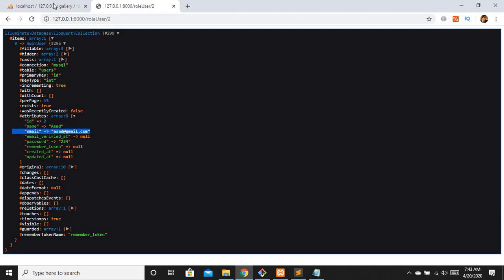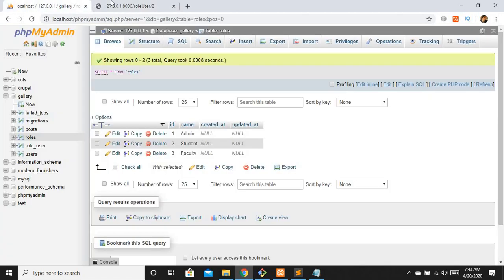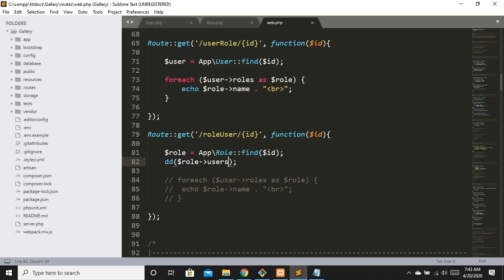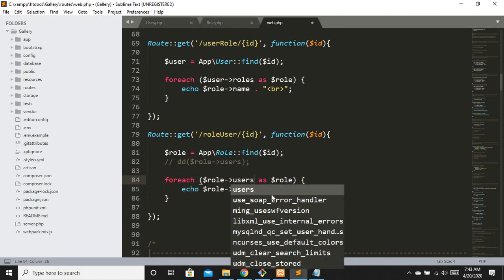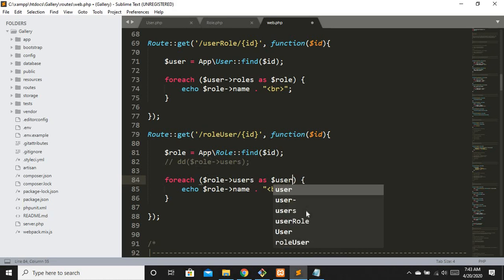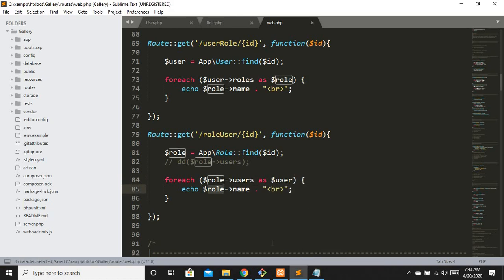Now let's say we got the users. What we want is all the users that are admin, let's say. So I will just remove it, and I'm going to do a foreach right here over role users as an object, user, so that we can access its property.